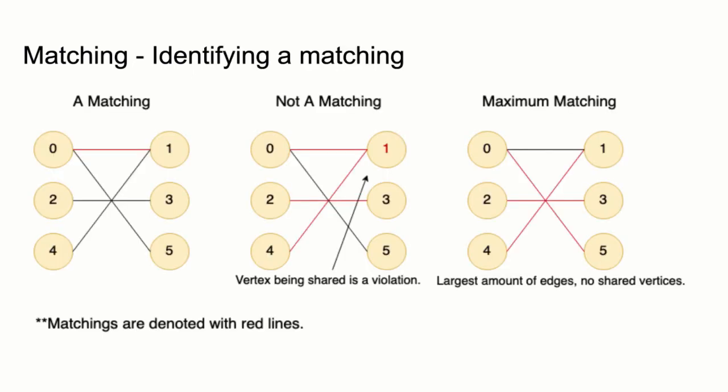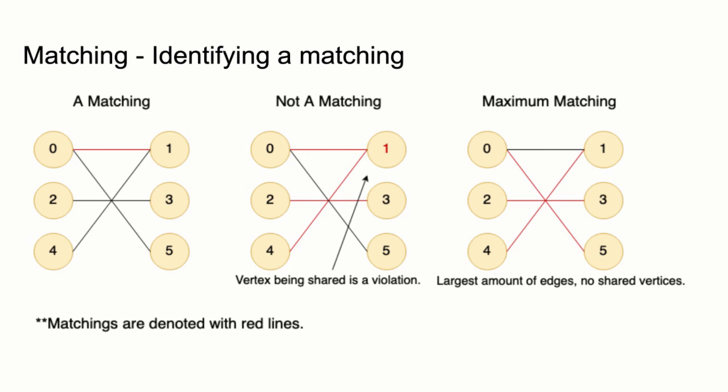For the next example, though, we're just going to be identifying what a matching is, because it can be a little bit overwhelming when you're just learning about what a bipartite graph is. So you can see here on this slide, there's an example. We have 3 bipartite graphs. They contain the same edges, and we're going to identify matchings versus not matchings in this bipartite graph. So you can see on the left here, we have a matching. It is denoted by the red line on top. The match is from 0 to 1, and you can see that in our selected matching, there is no shared